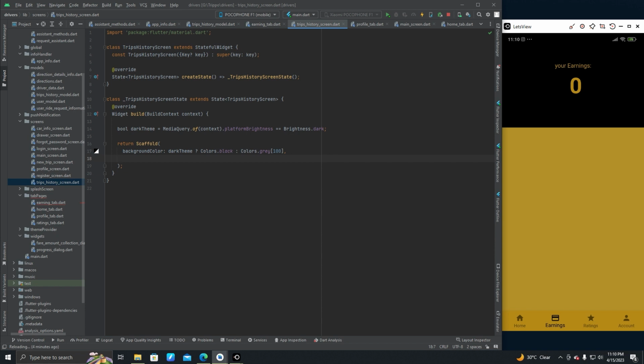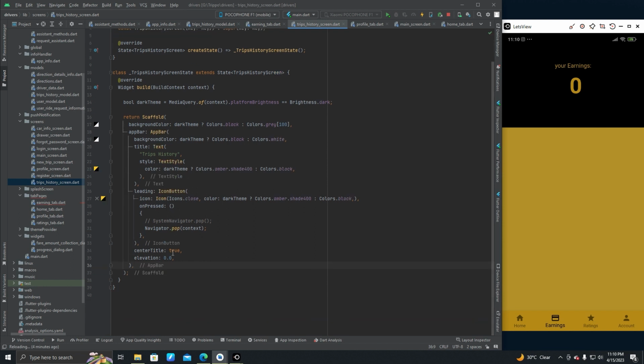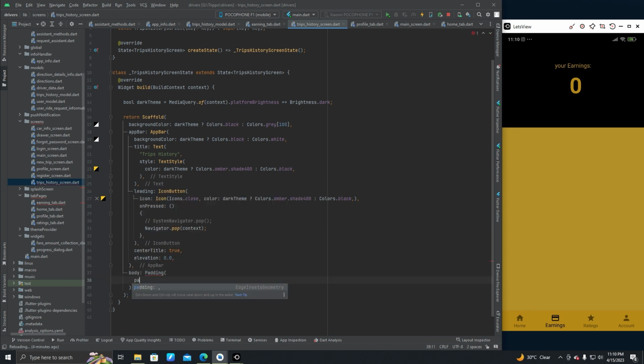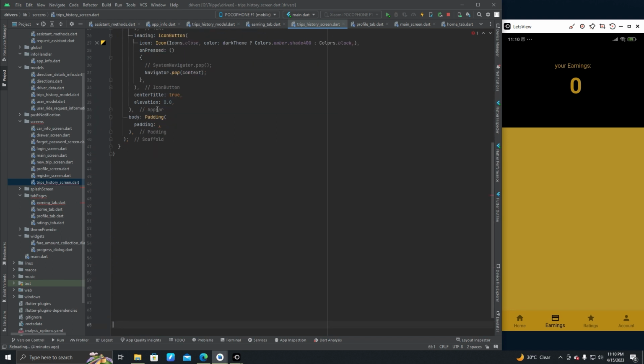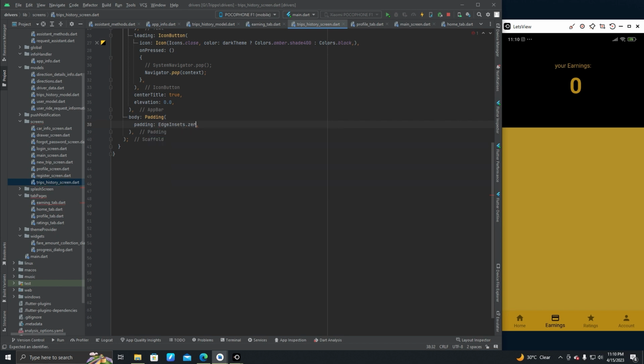Then we can make an app bar here, and after this we can add body, padding, EdgeInsets.all to 20, child ListView.separated,